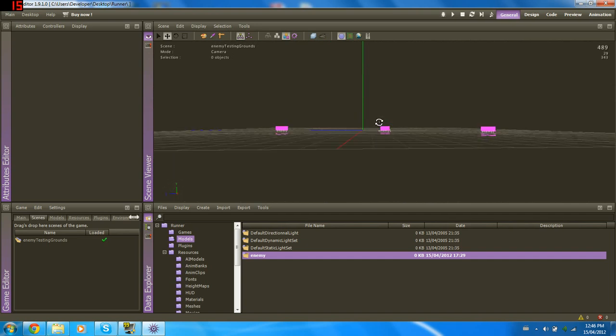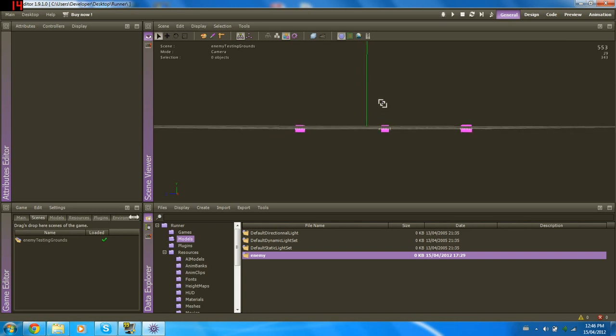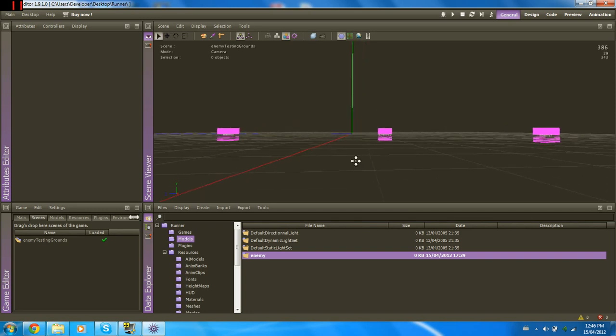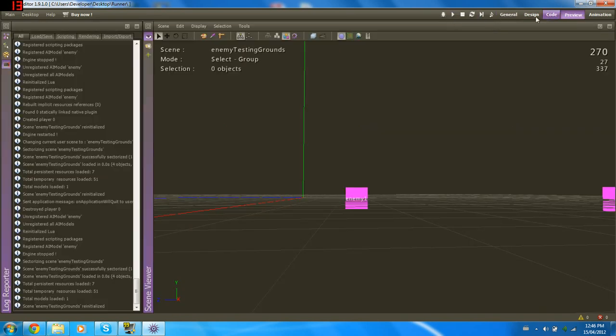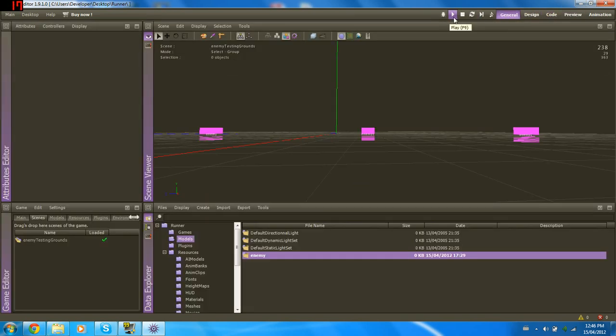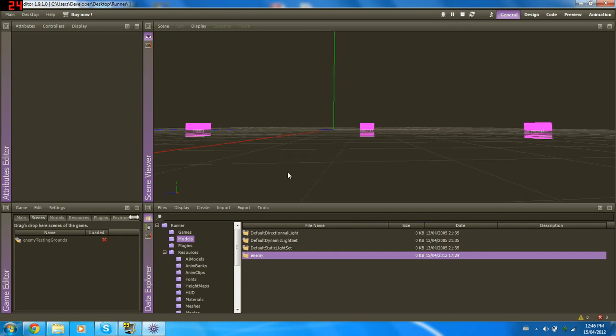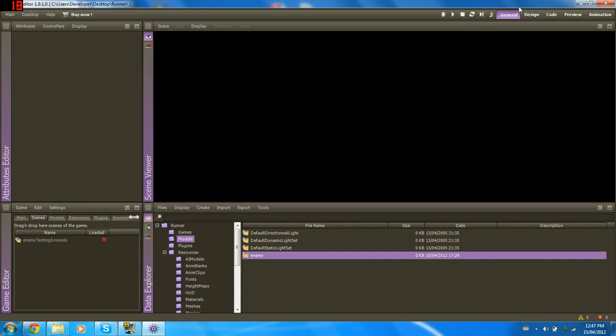I'm just going to set this like that, go in a little. Okay, let's go to preview and try running. Yes, I want to save it. And you see the blocks are moving towards you. That's pretty much the end of the tutorial for today, and we'll get back